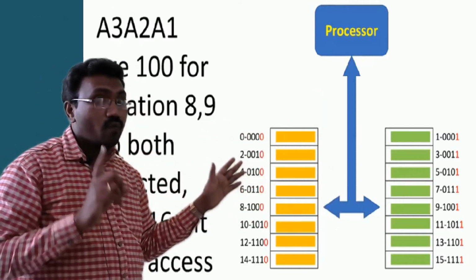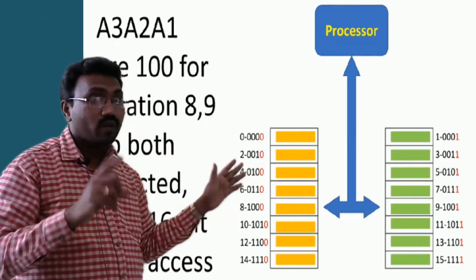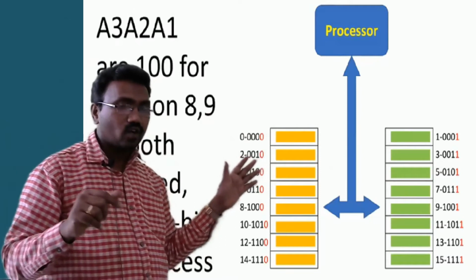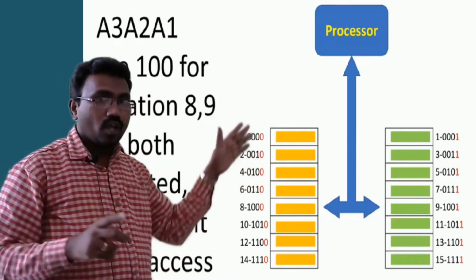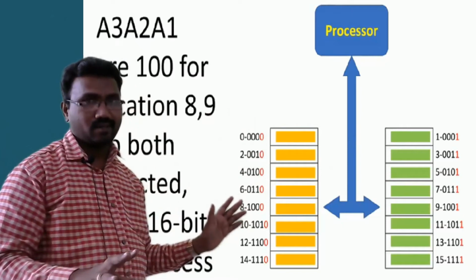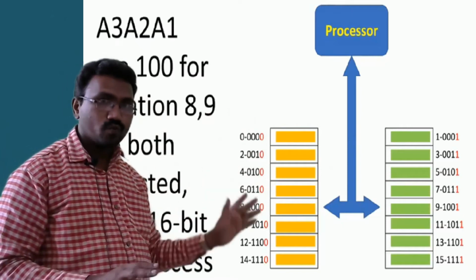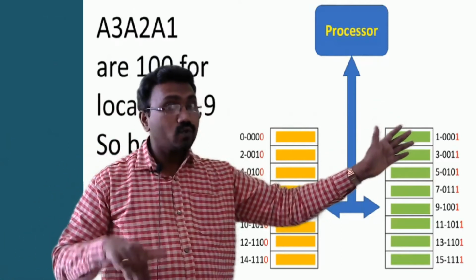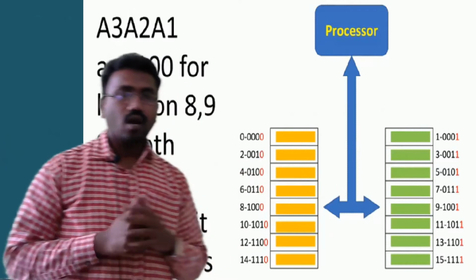Total locations, so 512K, 512 kilo locations. Kilo in digital electronics is 1 kilo equal to 1024. The total addresses in the even bank is 512 into 1024 addresses. Even addresses are 512 into 1024. And what about the odd bank, 512K size? How many addresses? 512 into 1024 addresses are assigned to the odd bank.